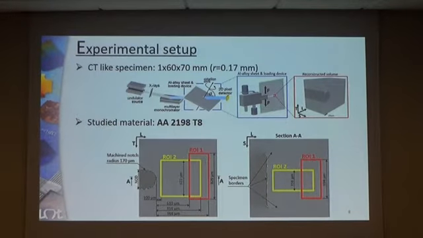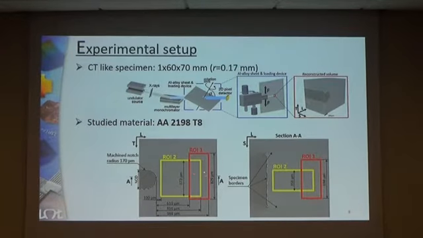After each loading step, we are scanning, and we are scanning always the same region, just ahead of the notch root. After the reconstruction, we end up with the reconstructed volume that is shown here. So this is the notch root, and this is the rest of the material just ahead of the notch root. We are talking about 1.5 cubic millimeters of the material here. But still, it's too much for us. We cannot conduct a DVC analysis on the full reconstructed volume, as this is computationally too demanding. That's why we are extracting regions of material, and then we are performing DVC on this part of the material.